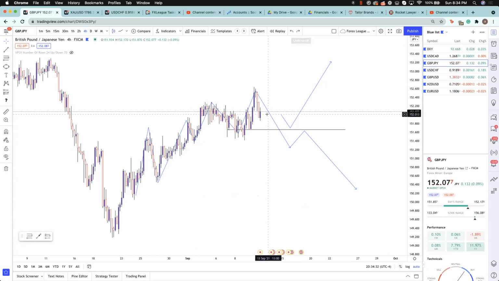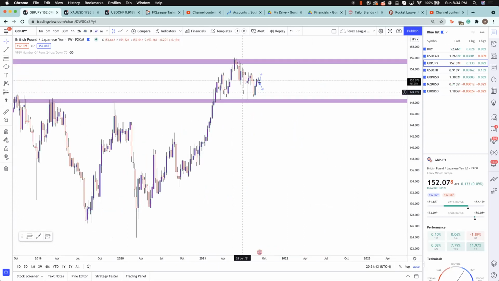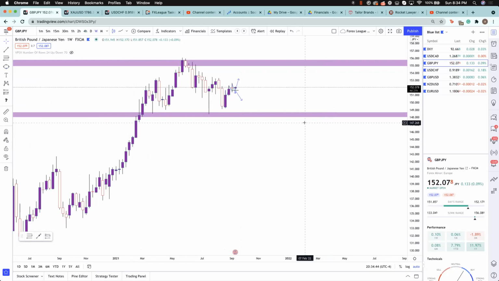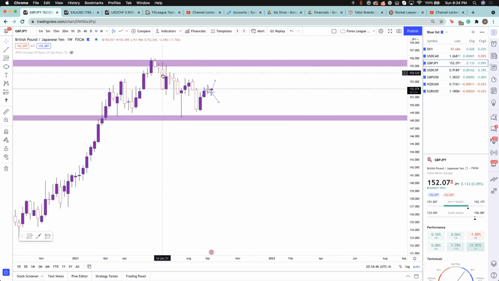Now, in the event that it does come down and starts to reject this support level pretty dramatically, because this is in this uptrend on the 4-hour time frame. Now, the reason I'm anticipating a sell is because of the weekly. We're seeing the weekly has been forming these lower lows and lower highs over and over. Like the last time this formed this doji, and then we had this area very similar to where we're at now, we had caught a move in here as well. So that's the move that we're ultimately looking for. That's what looks like it's shaping up.